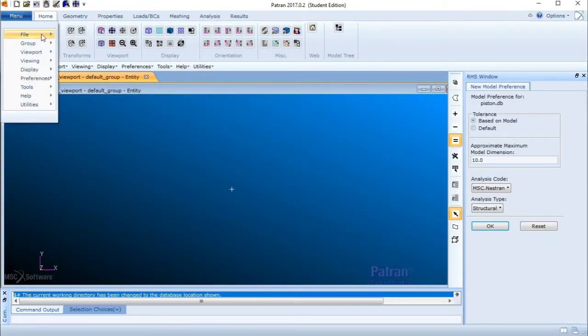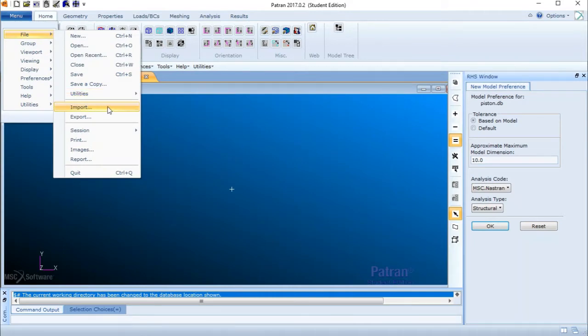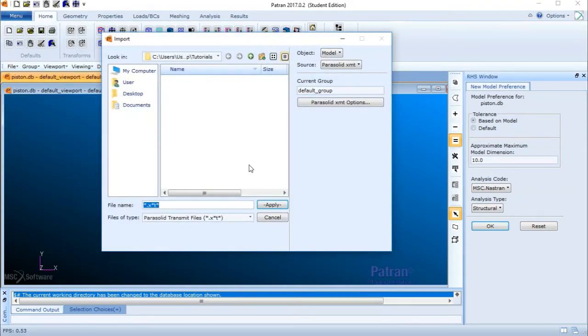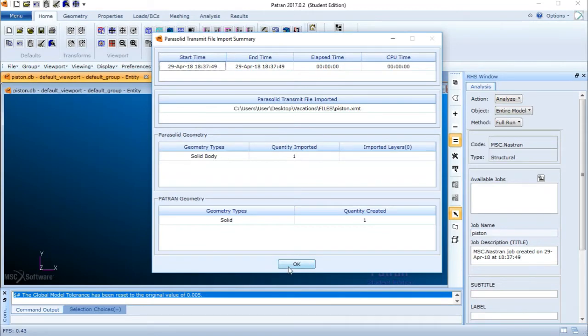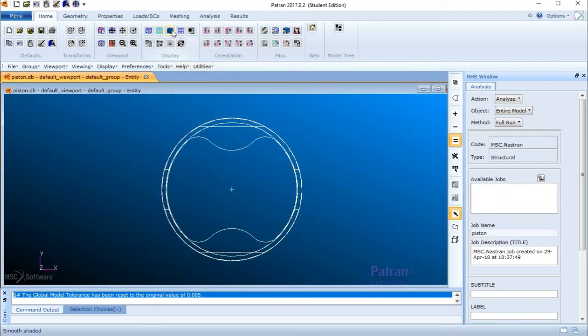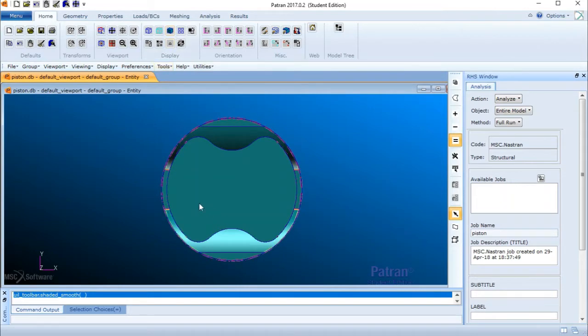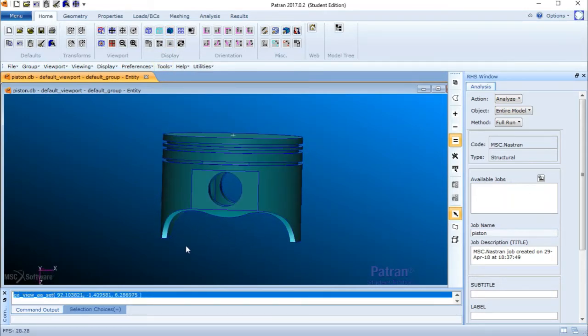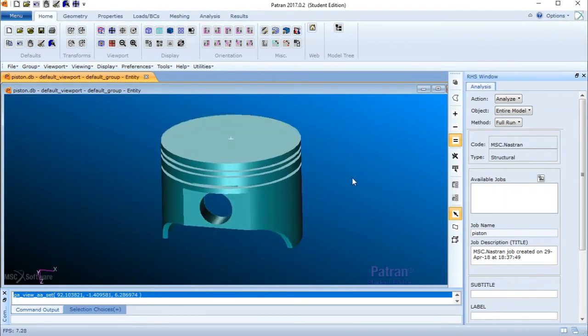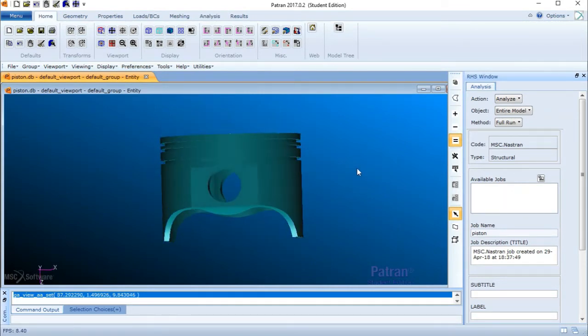So the next thing to do is just to import the geometry that you're going to be analyzing. In this case, piston, and you click OK on this screen that's just open. We're going to use a smooth shaded view because it's cooler. And well, the first thing we need to do to analyze this piston is to put a mesh on it,